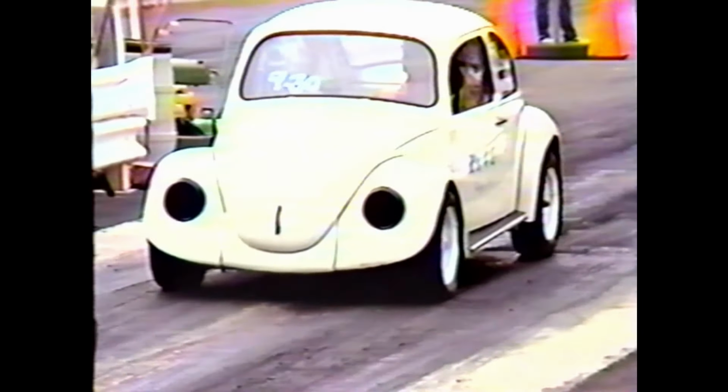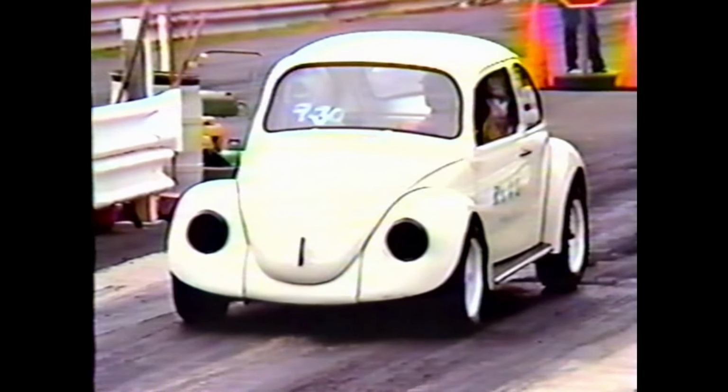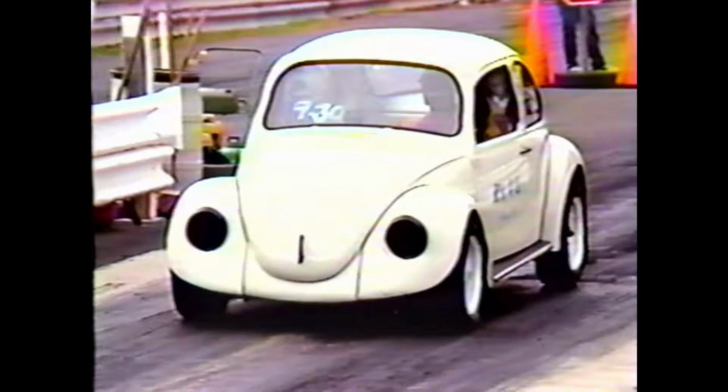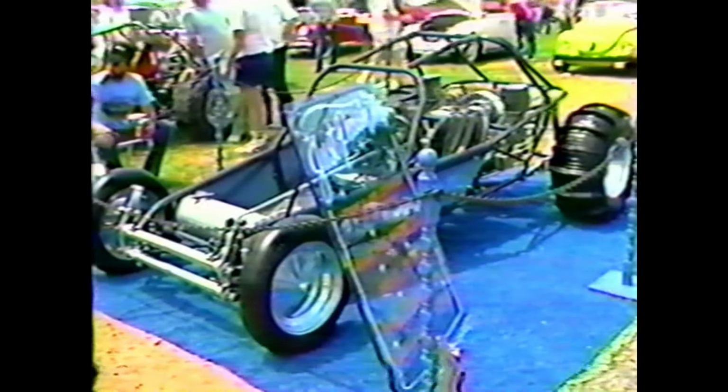And Picaro coming up right now gets a bye run. Beautiful car, got the blacked out headlights. So it really makes no difference what his dial in. I think his dial in was a 9.30. Just taking a leisurely stroll down that eighth mile. No matter what he comes up with, he is going to be your winner. And as we told you earlier in